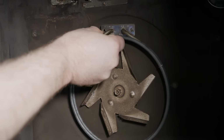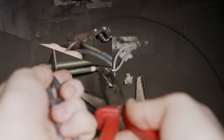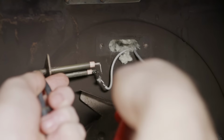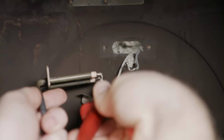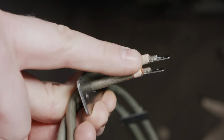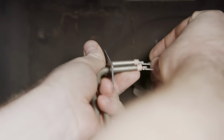Drop the element slightly forward, as the terminals for the element are at an angle, and release the connections with a pair of pliers. The new element terminals are straight, but the element is shorter, so it will fit perfectly. Connect the wiring back onto the element